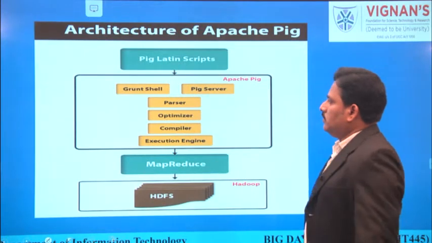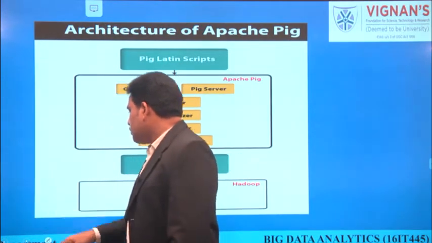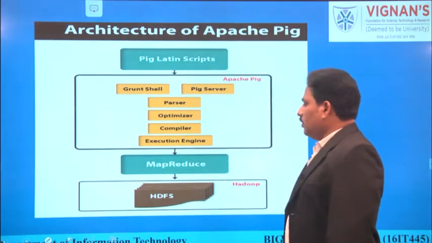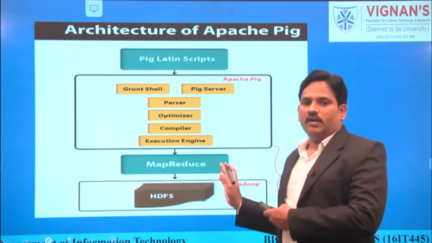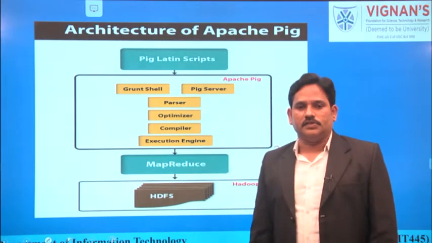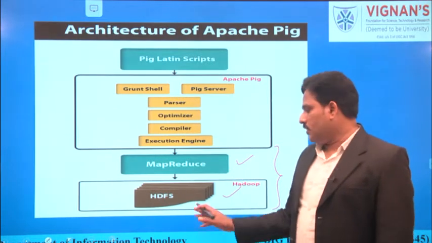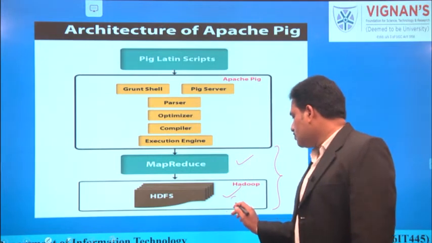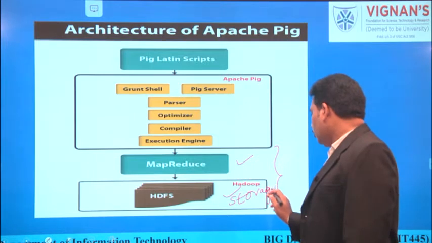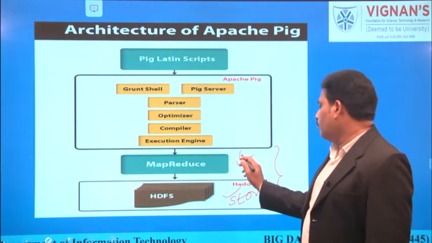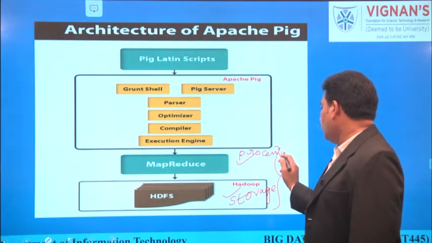Now, this is the layout or architecture of the Pig environment, or you can say the Apache Pig environment. Look at here. At the bottom level, we have the default components, HDFS and MapReduce. HDFS is used for storage purposes. All the files are stored in the HDFS environment. Processing activities can be performed in the MapReduce environment. These are the fundamental blocks in the Hadoop environment.